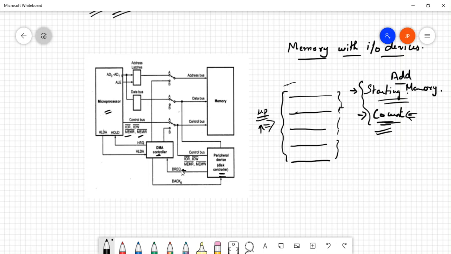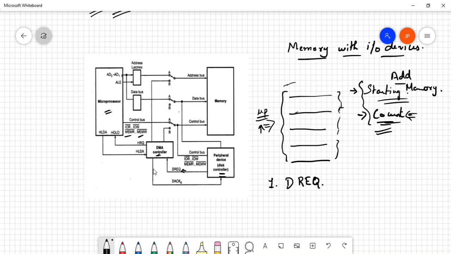Even though this signal is given to the DMA controller, it is used only if the programmer wants to print a particular file, or, in the case of your USB pen drive, only when you want to use the USB. So this signal shows that the device is ready, you can use it whenever you want. So that is the first signal that the DMA controller receives.